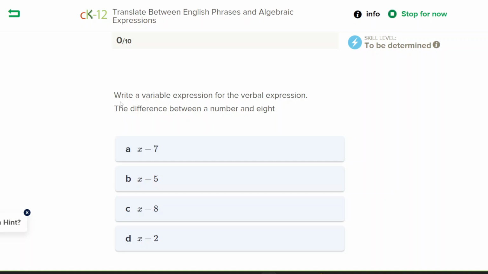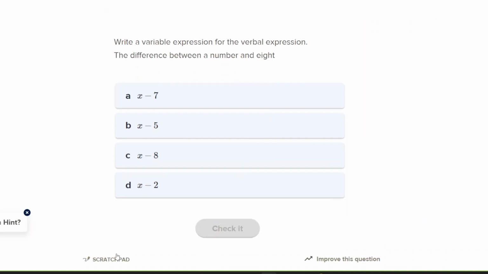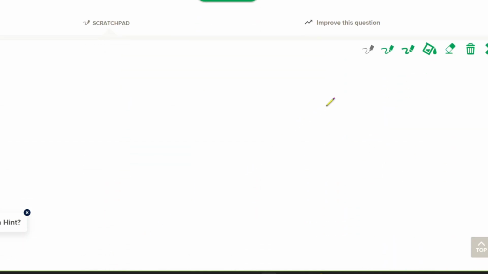So we're told here to write a variable expression for the verbal expression. The verbal expression here is the difference between a number and 8. All right, so pull on the scratch pad. So here we're asked to write the